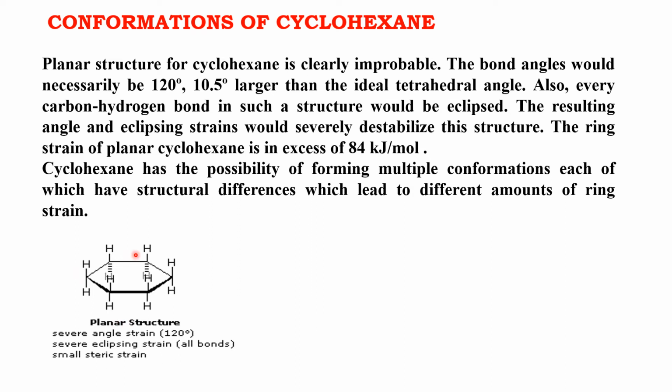So as per Baeyer strain theory that we will see, the molecule should be a bit strained because the bond angle is approximately 10.5 degree larger than the ideal tetrahedral angle. So this planar structure is strained and there is carbon-carbon single bond,